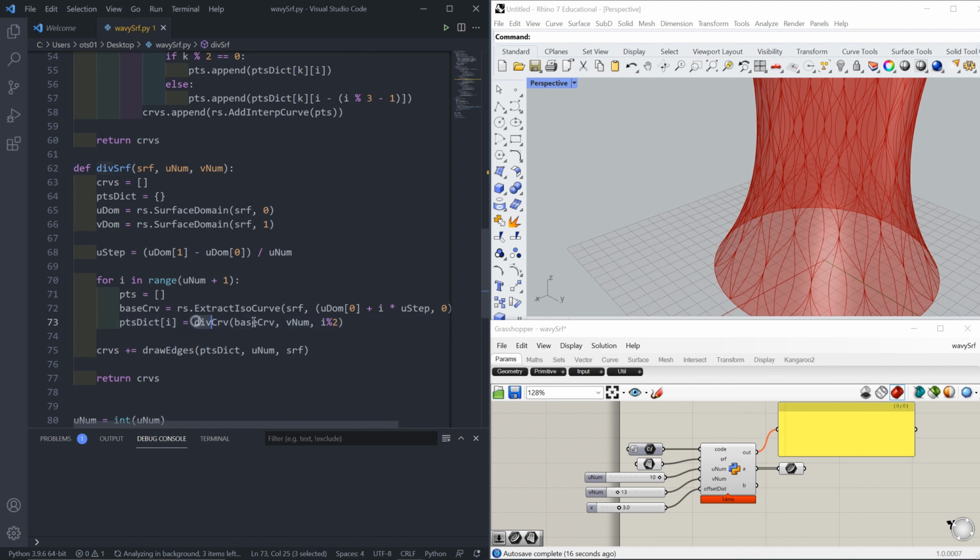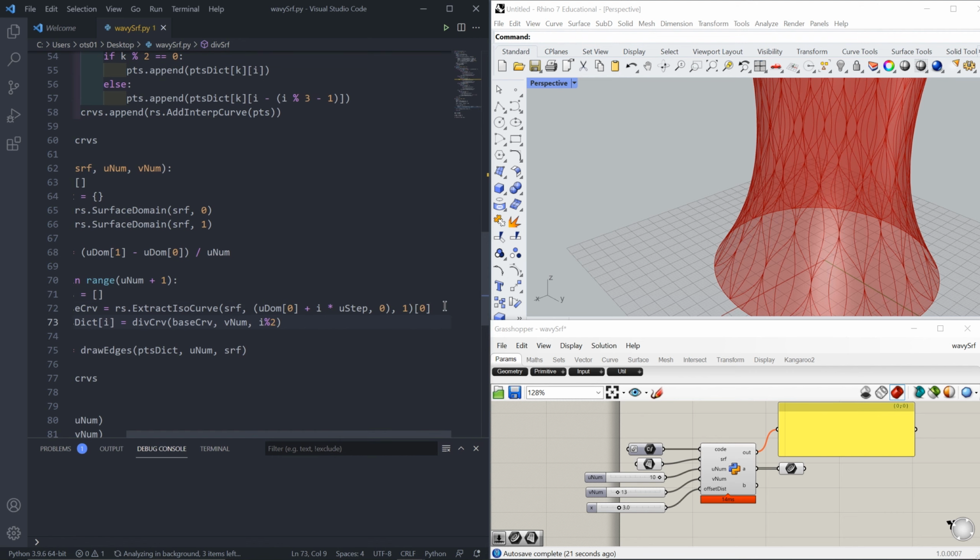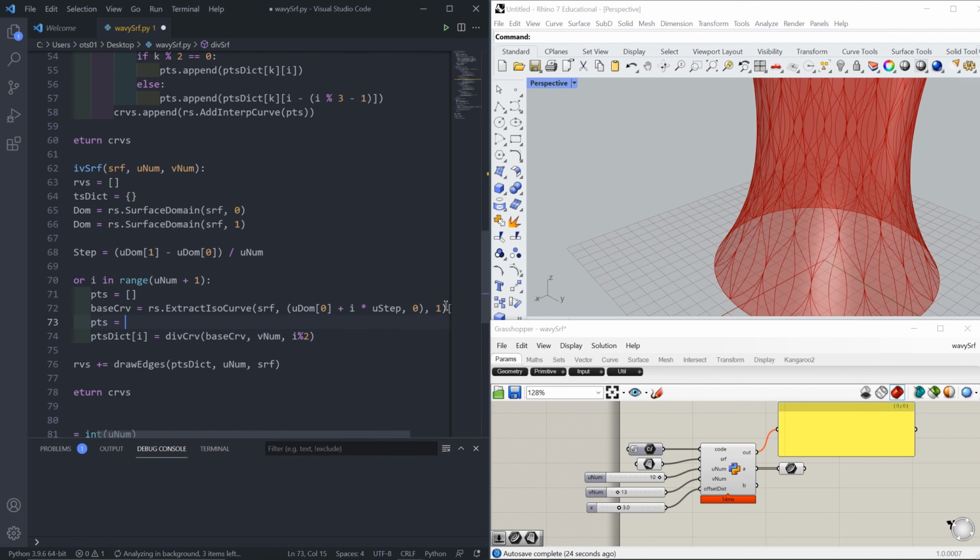Before assigning these points to the point dictionary, I want to first assign the points list equal to this part. Then modify this point dict with the key value I just equal to points. Then I can loop over all the points to modify the points before inserting all the values into this point dictionary. Now let's loop over all the points inside this list. We can say for j in range length points,